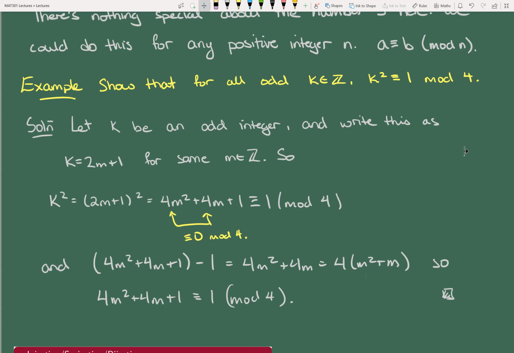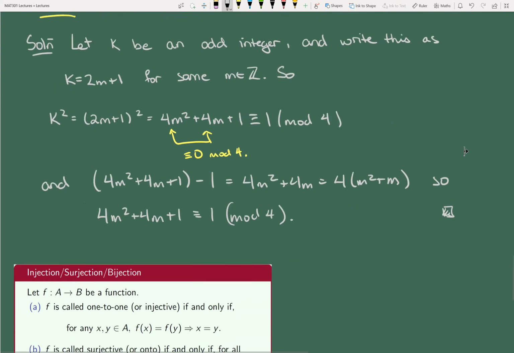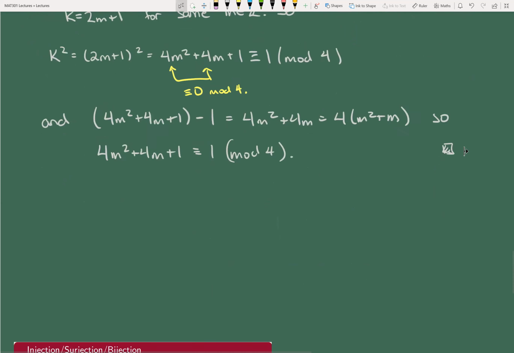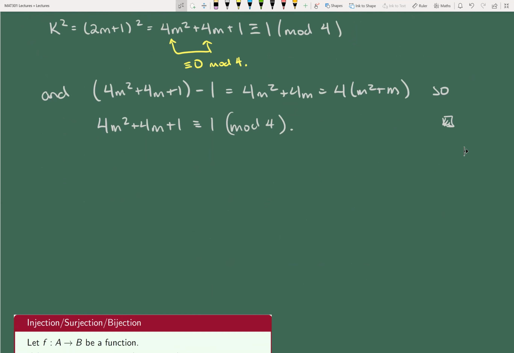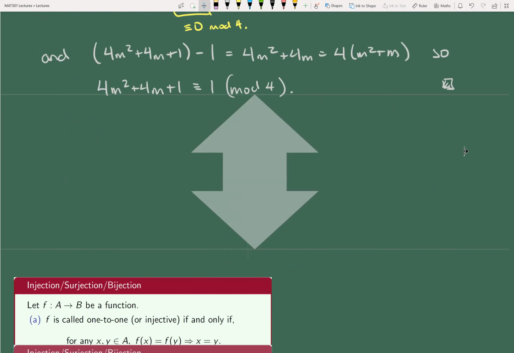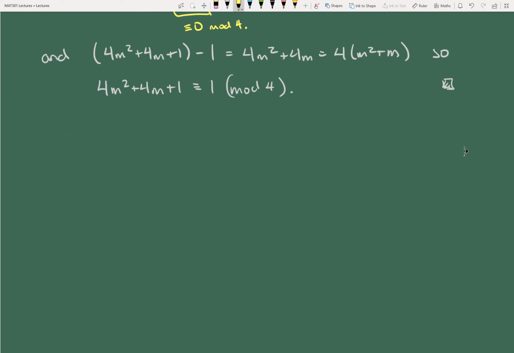Hopefully that's not too crazy. Again, I think some of this stuff is review, and I wouldn't feel bad if you don't remember some of it, or maybe you think, oh yeah, I remember doing that, I think I could pick it back up, but maybe I'm a little bit rusty. That's okay as well. But now I'm going to give you something. I don't think this is a 102 type question. I think this might be a little bit too hard for 102. But on the other hand, we're all third year now, right? So I think we're allowed to be a little bit harder than 102.